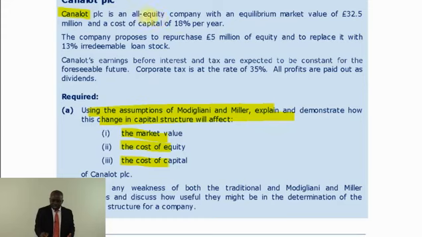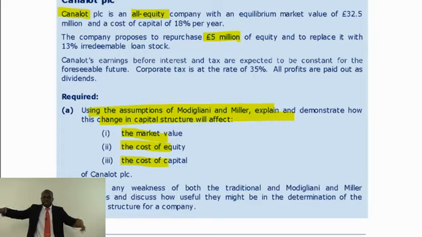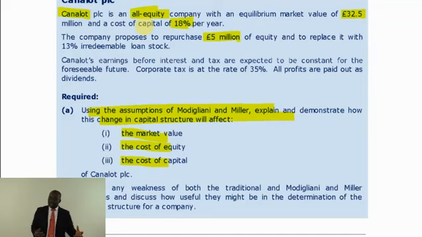This company is all equity. Now the company is thinking of raising money by way of 5 million. Have we changed debt equity? Because we were all equity. The moment we bring in the 5 million, we've changed to be debt equity. Calculate your WACC, calculate your cost of equity, calculate your market value before and after. That is how the question comes. But luckily, they've given us our market value now, which is before. They've given us the cost of equity, cost of capital, which is before. But because we are all equity, we all know our cost of equity will be the same as the WACC. Okay, this is how you are going to interact with the question.